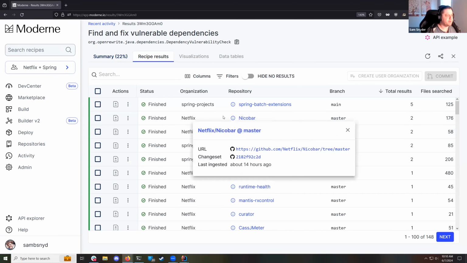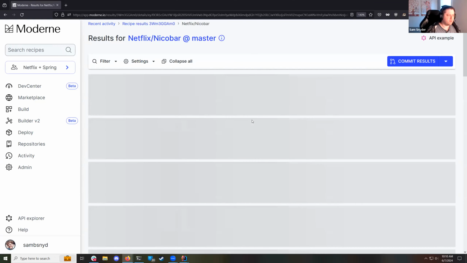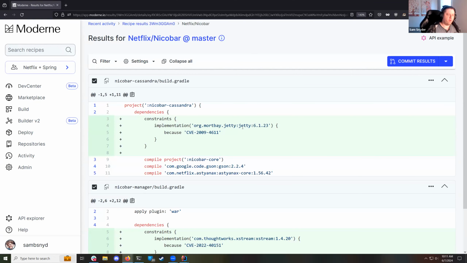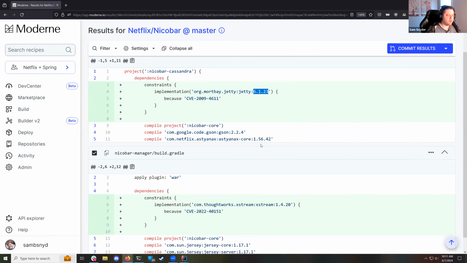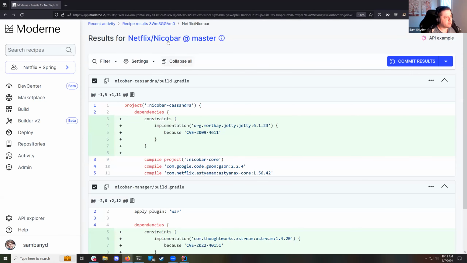If it notices that the dependencies in use have entries in the vulnerability database and that you're only a patch version away from being on a non-vulnerable version of that dependency, then it will try to update your build.gradle or your Maven POM accordingly. But it also records information on all of the vulnerabilities that it notices, not just the ones where it suggests fixes. And so if we go to the